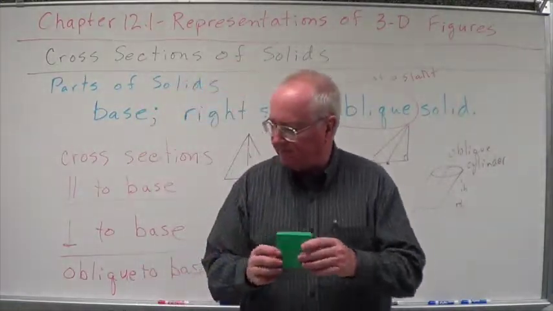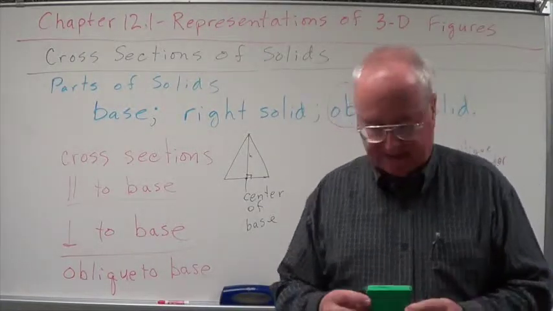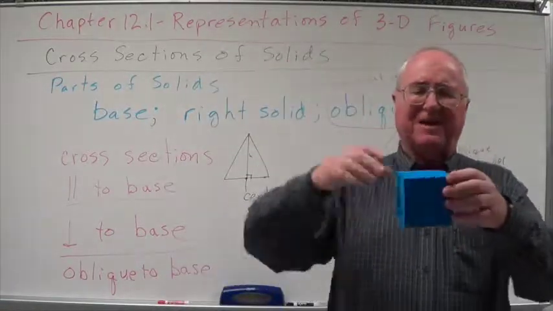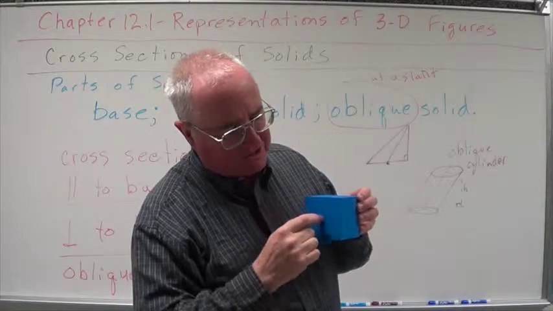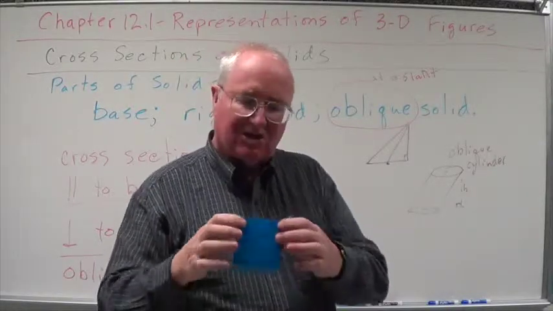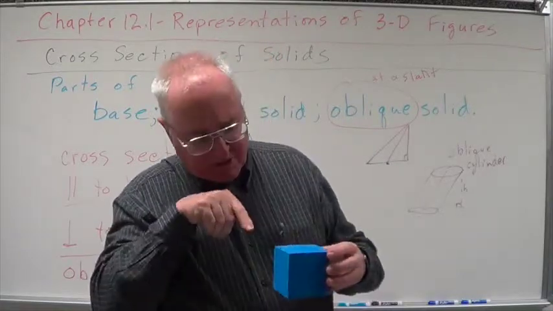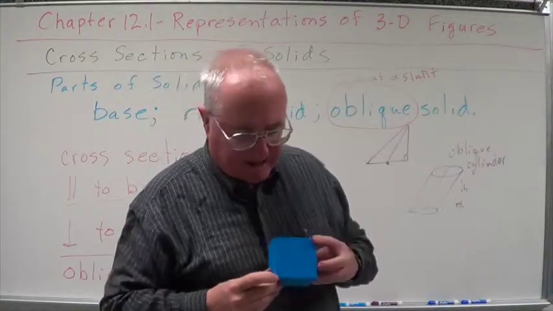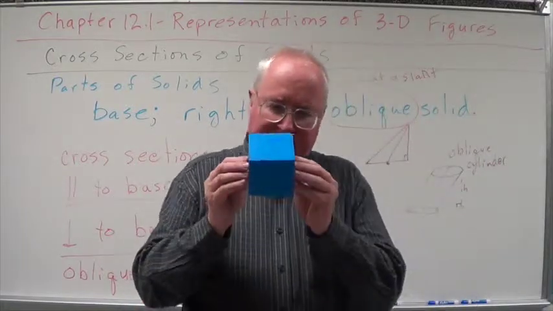A square prism. Here's my square prism. Okay? What if I cut oblique to the base? Let's take this thing. What if I cut this way? Oblique. What if I cut from a diagonal to diagonal? In other words, sideways. This is a cube. All the sides are equal. Same area, but all of a sudden I'm going to create something that looks like this. Well, this side's going to be longer, isn't it, than this side? And this side's going to be longer. And when I look at it like that,